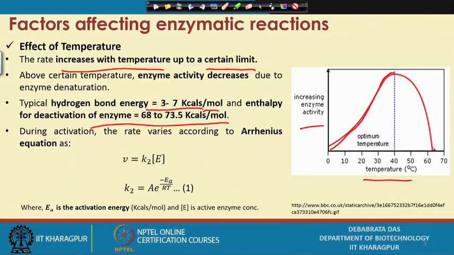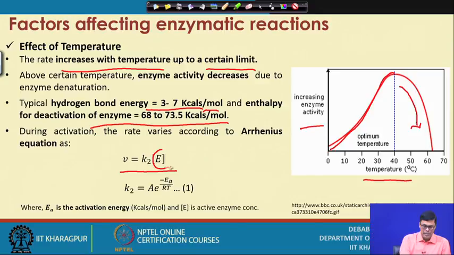Now, the decrease I explained is due to the denaturation of protein. And now, during the activation period, the equation is V equal to K into E, that is, the velocity of reaction depends on the enzyme concentration. Now, this velocity of reaction is as per the Arrhenius equation. Now, if you look at